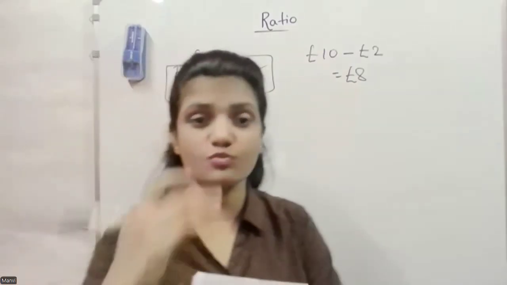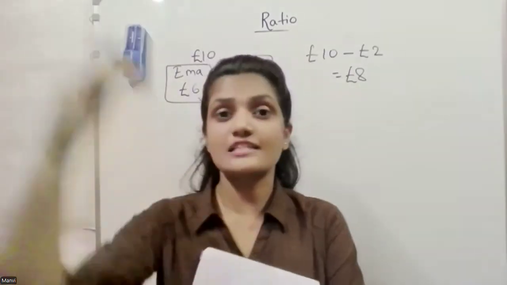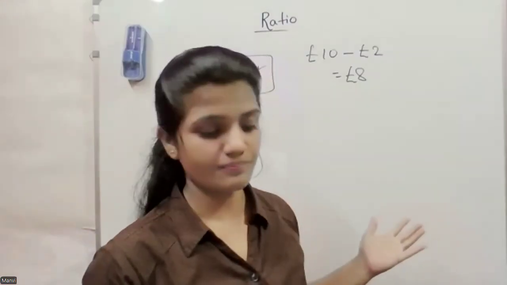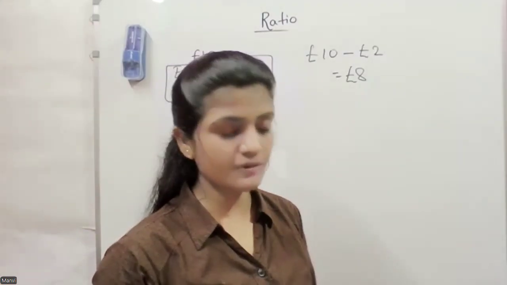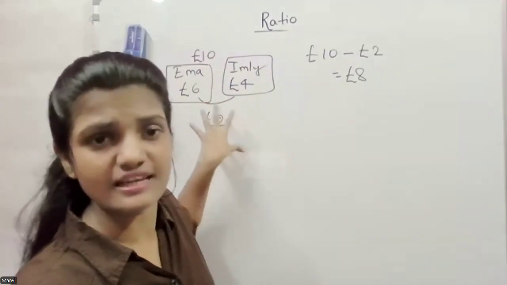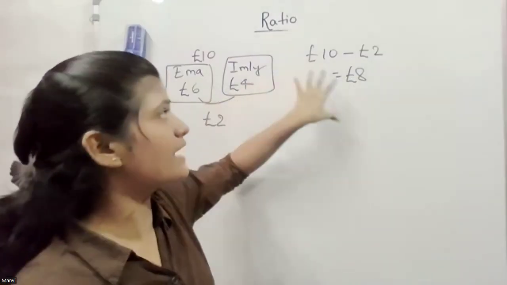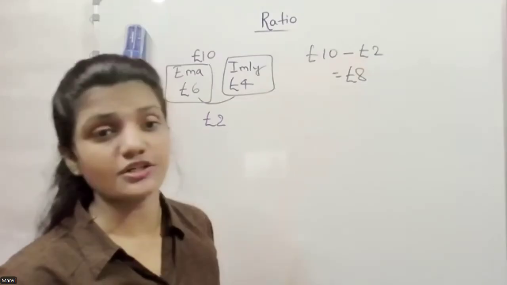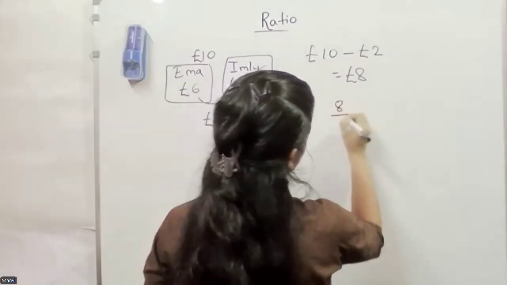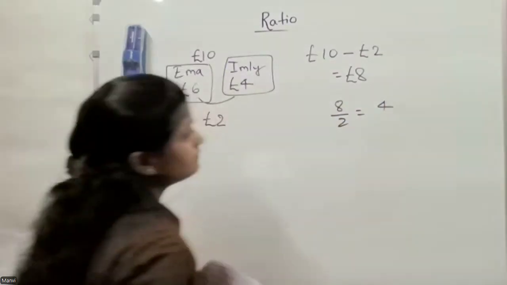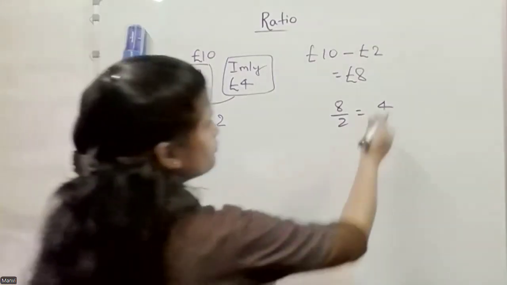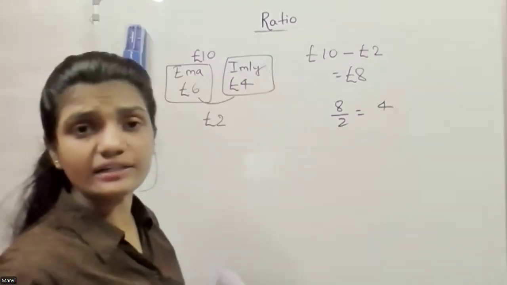So first step is what, Kavya? First step is subtract the difference from the total. The difference is whatever is given in the question, like this more than, that less than. So first step is subtract the difference from the total. Then, as we have 2 children, divide this amount by 2. So we will have 4 pound, right?